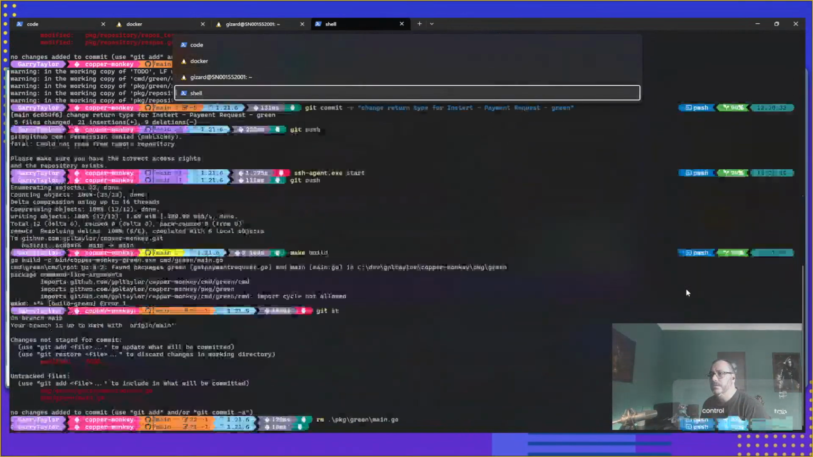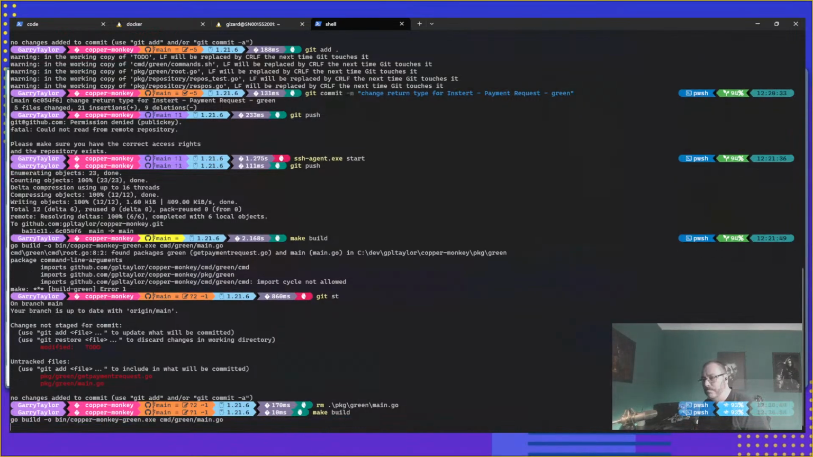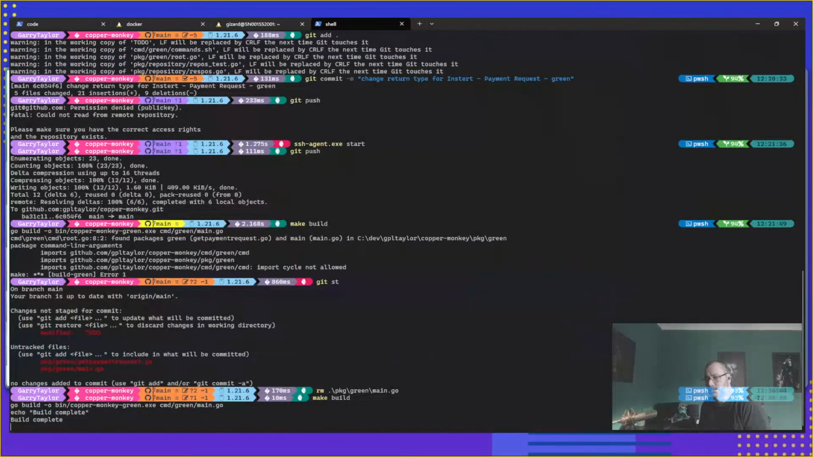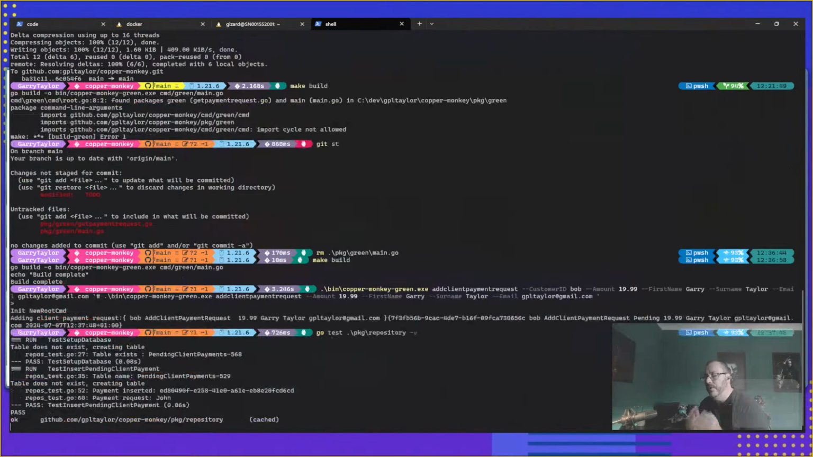Okay, let's see if I can do a build now. Okay, so that ran. Let's see if I can do an insert. Yeah, that's running. And let's make sure I can run my tests. Probably run go test maybe a billion times, and every time,